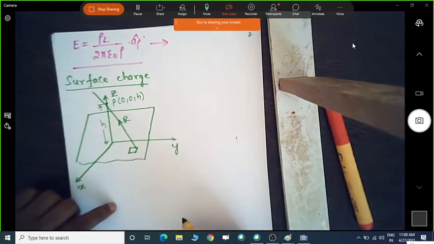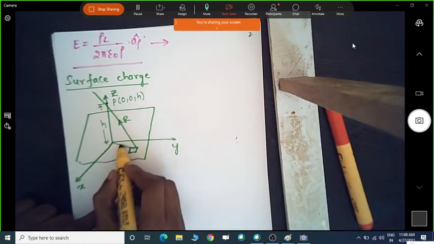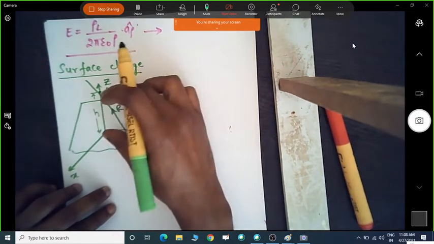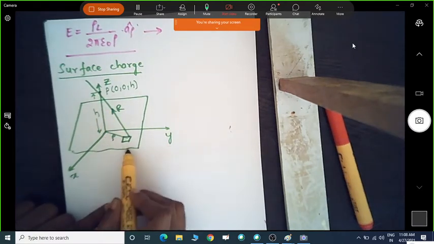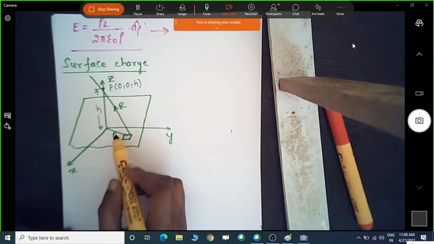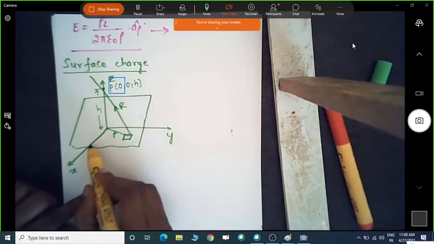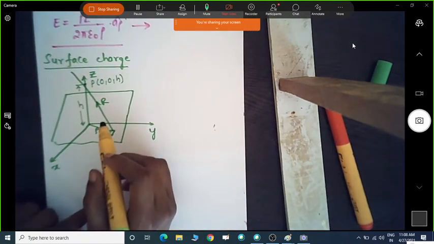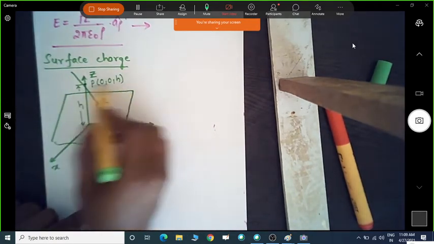which we can call the distance r. Since this element is at a distance from the origin, I can take it as rho. The distance from the origin along the z axis is h, and along the x and y axes it is rho. In the cylindrical coordinate system, as we have seen, this rho is the component we can take as the x and y component. Now first we need to find the field due to this charge configuration.